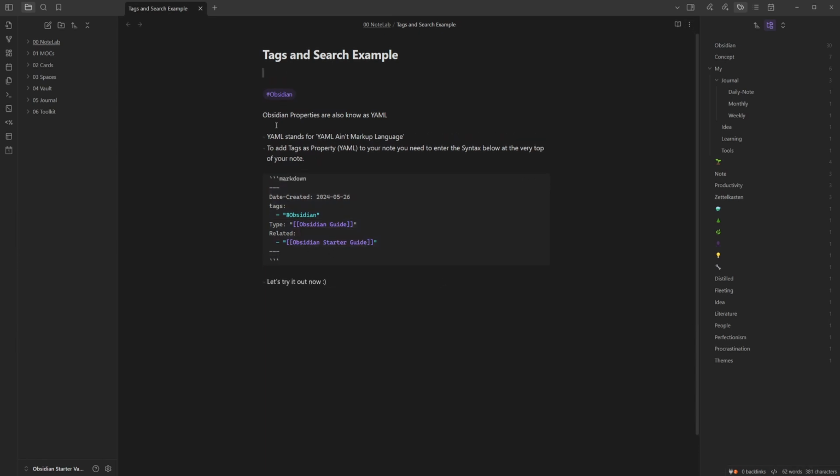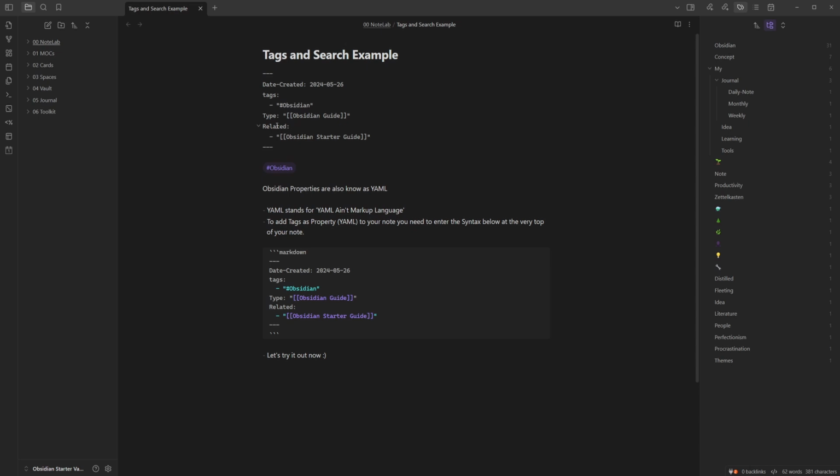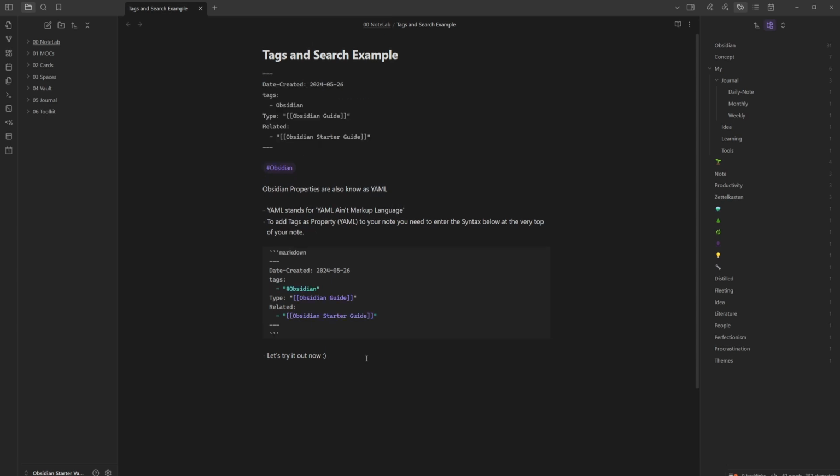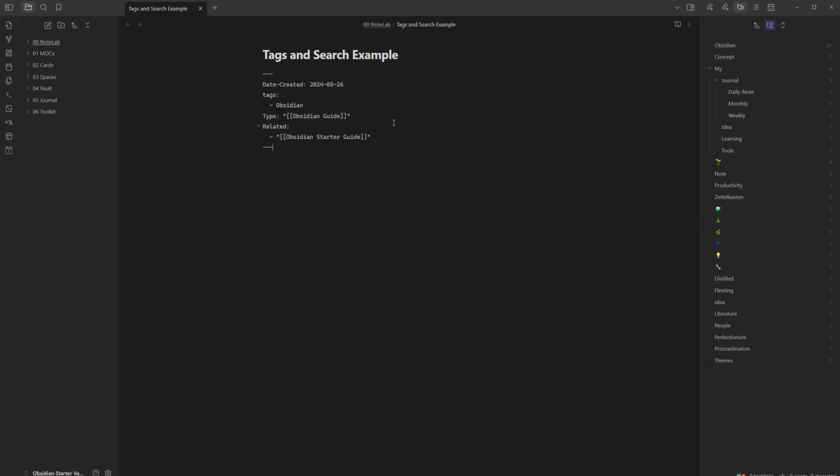We'll highlight, copy, and paste this to the top of our note. When we toggle back to the editing view, we will see our properties listed at the top. There is a button to add an additional property if we need to. Let's highlight and clear our note. Remove our existing properties. We'll add an additional tag called concept, and then we're going to look at embedding a